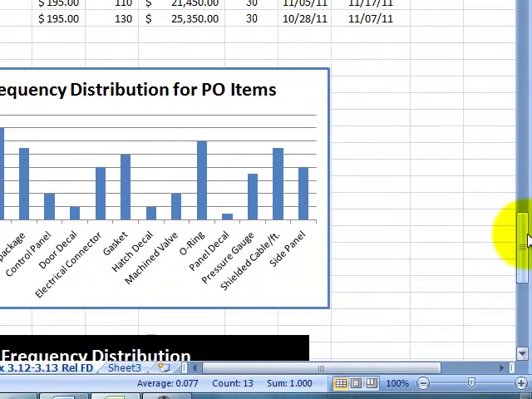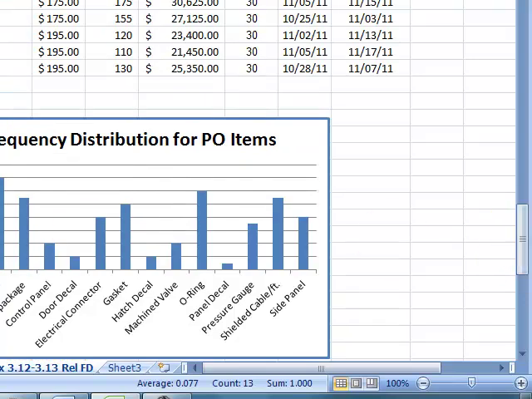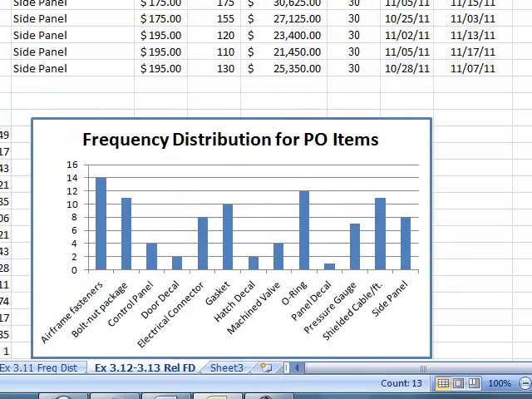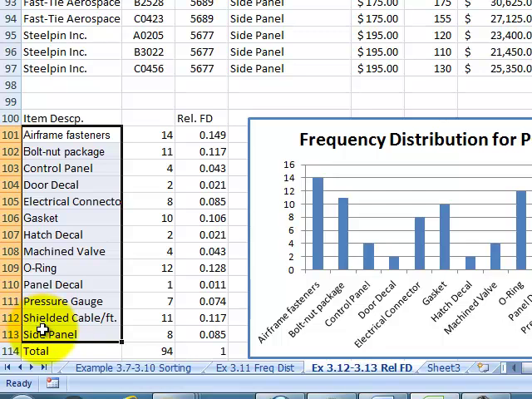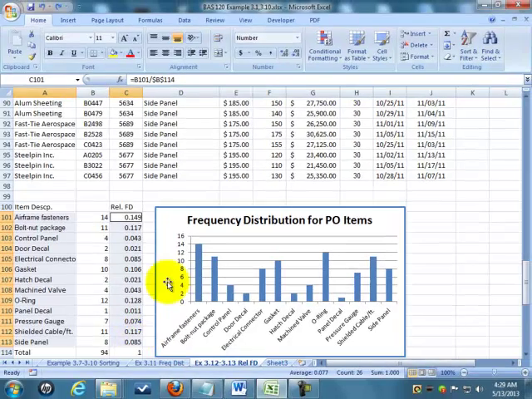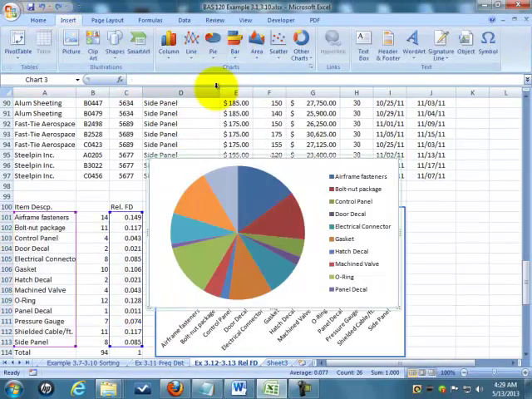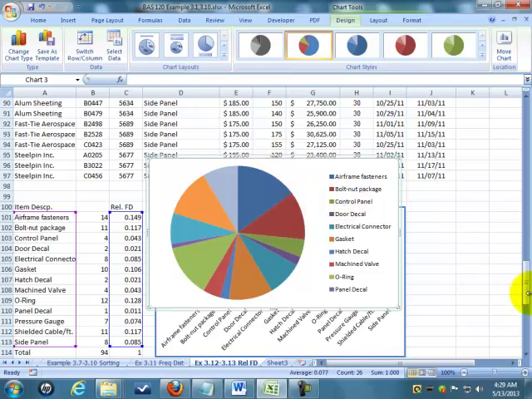Okay. Now, if I want to do a frequency distribution graph, well, I slide down here, I hit Control, and this is the other part I want to graph, right? And now I just say insert pie chart, and there you go. And all I did down here